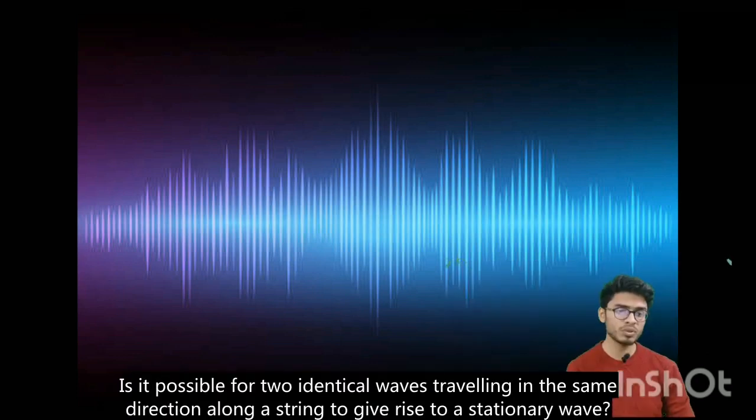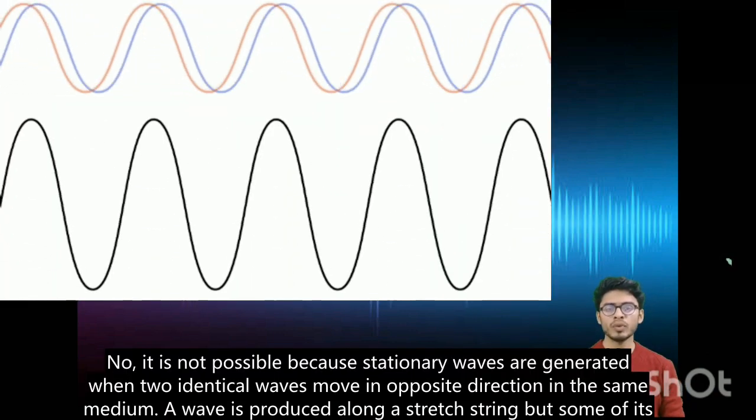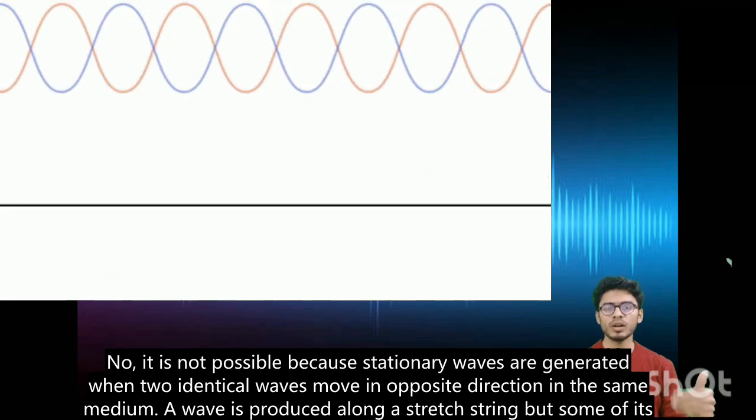Is it possible for two identical waves traveling in the same direction along a string to give rise to a stationary wave? No, it is not possible, because stationary waves are generated when two identical waves move in opposite directions